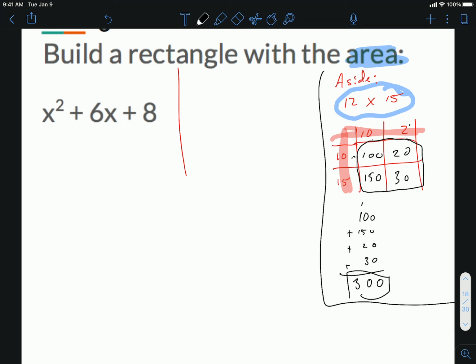Okay? The opposite would have been had I provided you with the area, which is what I'm going to do this time. So for instance, had I asked you, what's 300? Can you tell me a length and width that gives me 300? That's what it would ask. You would have built the inside section, which is a little tougher to do. But when I tell you a little bit more explicitly what that is, it's actually a little bit easier. Okay? So we're going to look at